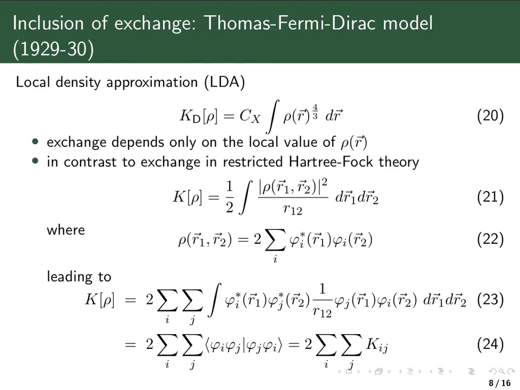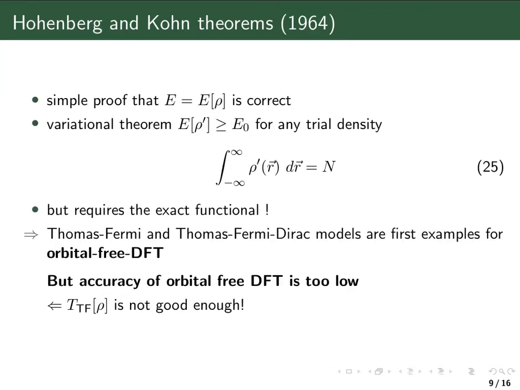The next important contribution in the history of density functional theory are the Hohenberg and Kohn theorems from 1964. Walter Kohn, by the way, got the Nobel Prize together with John Pople precisely for his contributions to density functional theory. The first theorem is the proof that the assumption that the energy can be expressed as a function of the density is actually correct. The second one is that there also exists a variational theorem, as for wave function based quantum mechanics,